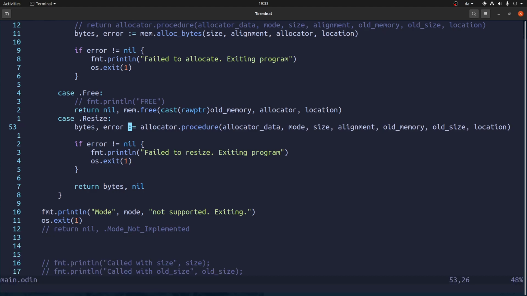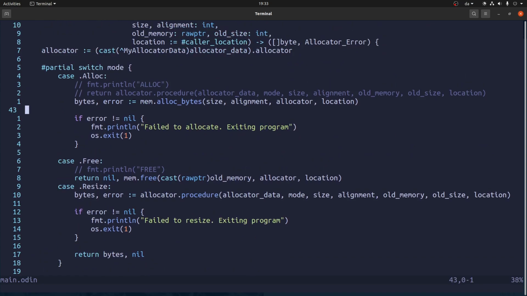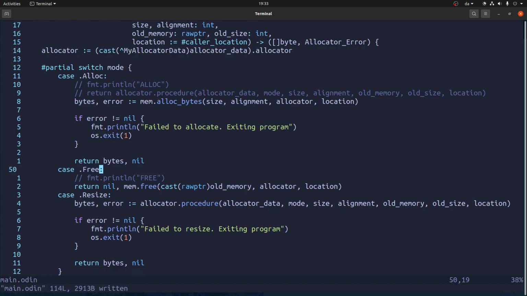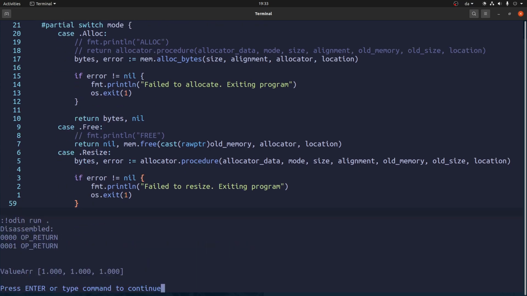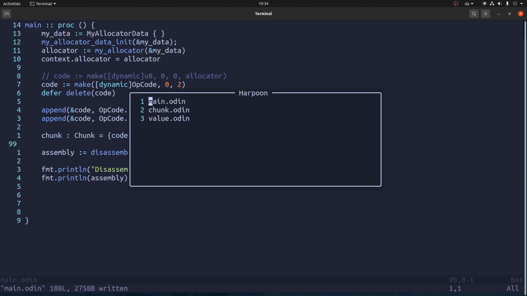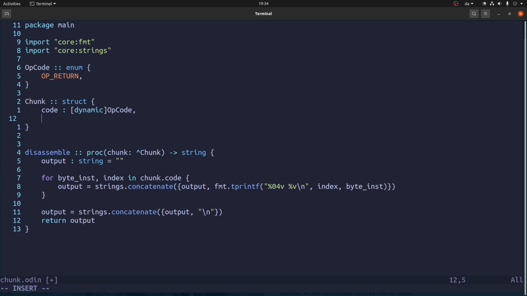Mode alloc not supported. What? I accidentally deleted those somehow. Okay. So that was that. So now what we want to do is take each chunk and associate with it some